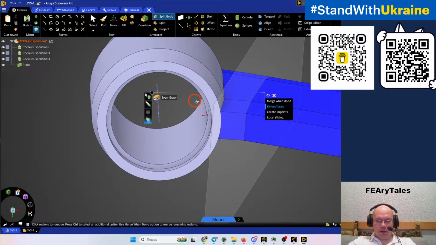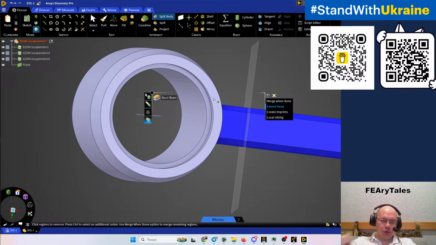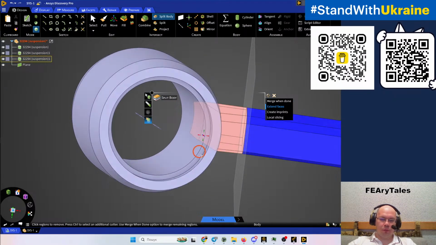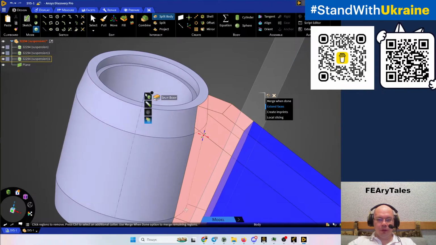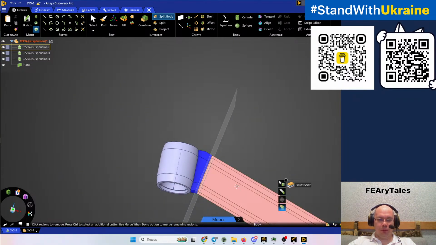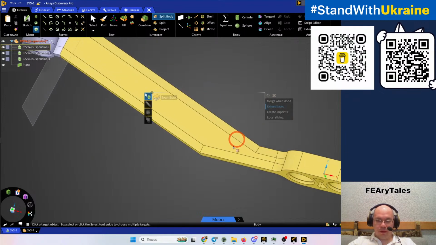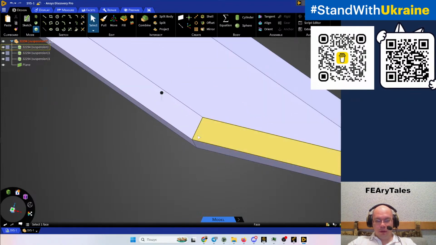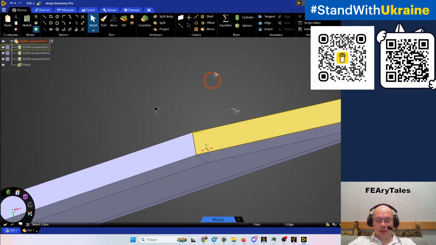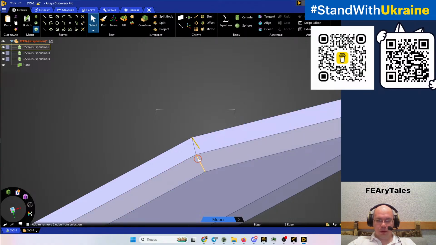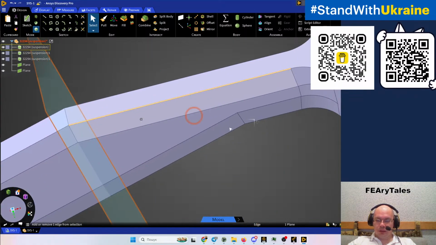These faces here split the cylindrical object, but we will not do it for now. Maybe we will do it later. So the next thing, it's this